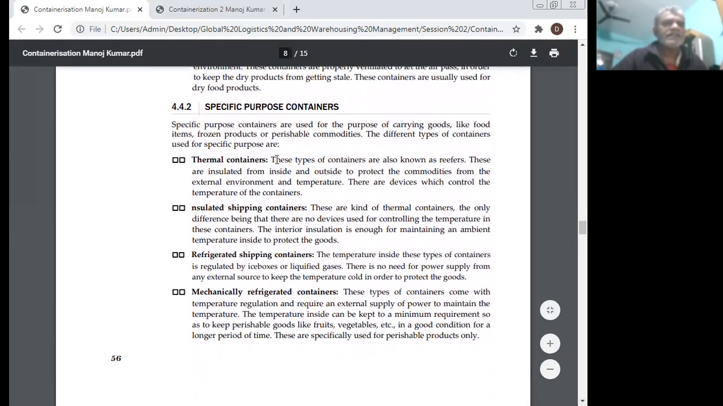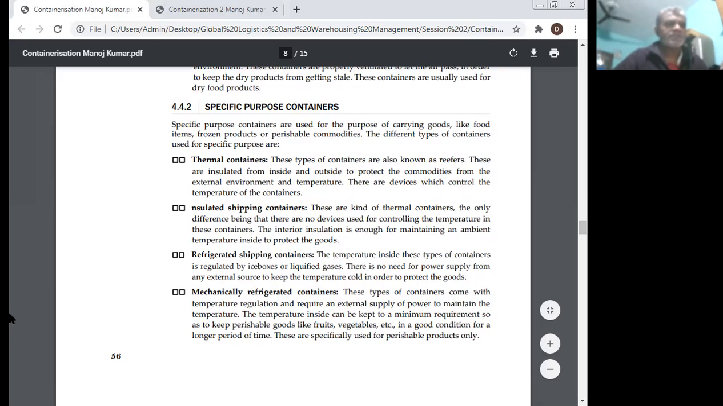Insulated shipping containers are a kind of thermal container, the only difference being that there are no devices used for controlling the temperature in these containers. The interior insulation is enough for maintaining an ambient temperature inside to protect the goods. Refrigerated shipping container: the temperature inside these types of containers is regulated by ice boxes or liquefied gas. There is no need for power supply from any external source to keep the temperature cold in order